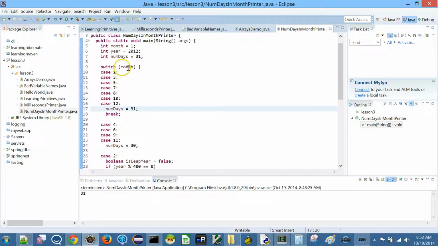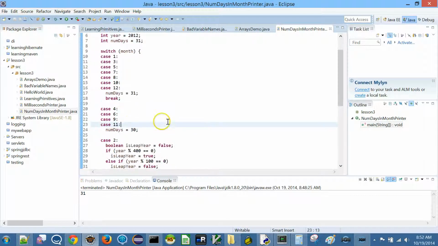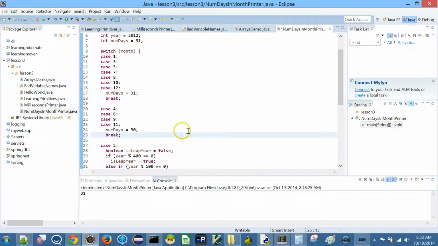The main thing about switch case is that it's very efficient. It doesn't need to go through each one of these. If the moment month is going to be, let's say, 11, it will come here and directly jump over here. It doesn't need to evaluate everything. Okay, but the main thing is, like you see here, we may forget to include a break. So after every case block, we need to include a break.